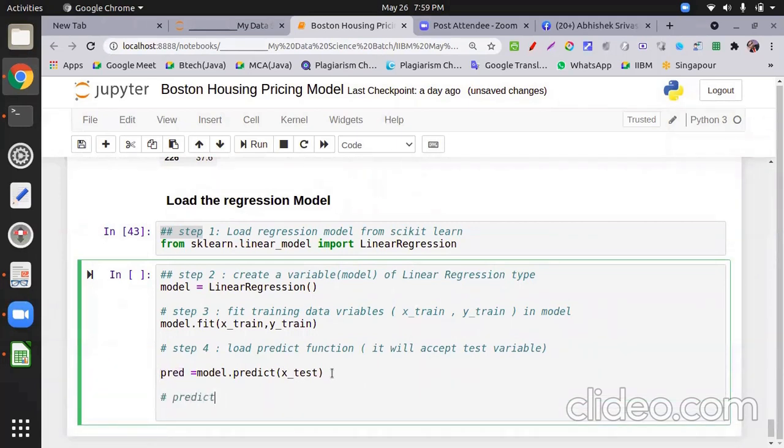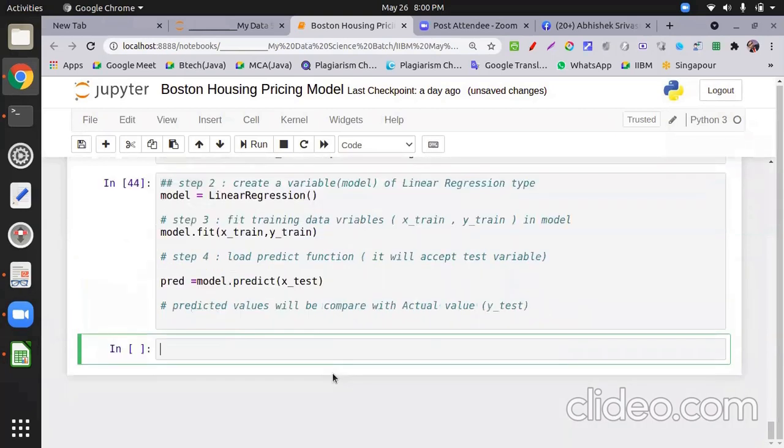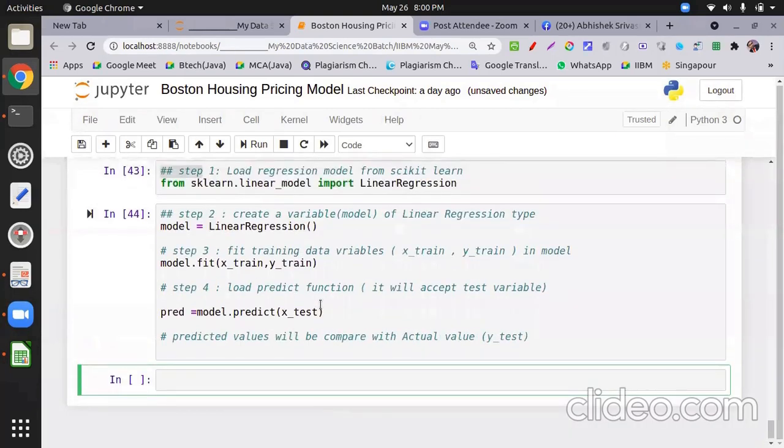Predicted values will be compared with actual values. What are my actual values? That is my y test. Okay, I run the thing, things are run.